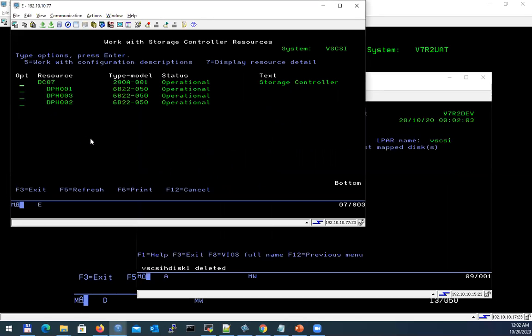It will take some time again, performing some magic in the background, and the disk is removed. However, there is one trick with the green screen. I'm doing F5 now, and you can see that none of the disks has changed status. Why is that? Because usually for the green screen, it takes more time to detect that it lost the disk, as if the disk was delivered as a vSCSI disk. So what I can do to speed up that process,